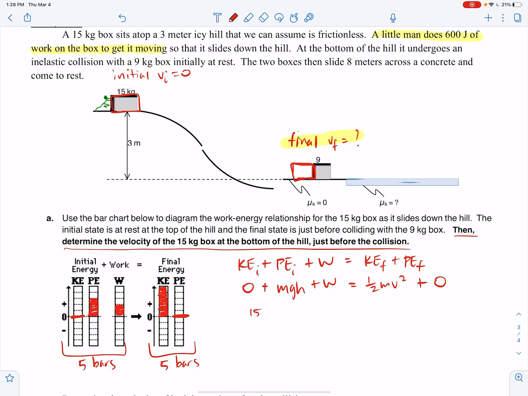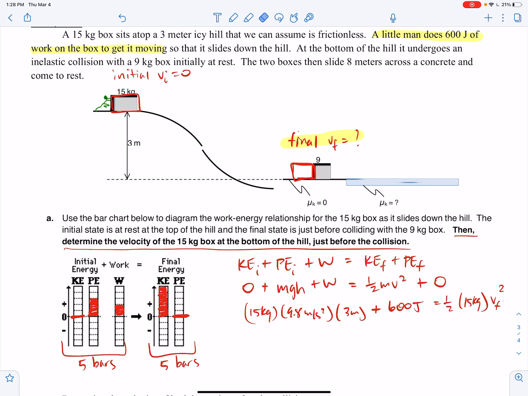I've got 15 kilograms times 9.8 meters per second squared, starting at a height of 3 meters, plus the work done by the little man, which we're told is 600 joules, will be equal to half the mass, 15 kilograms, times the velocity squared. I'm going to call that V final. Okay? All right, so